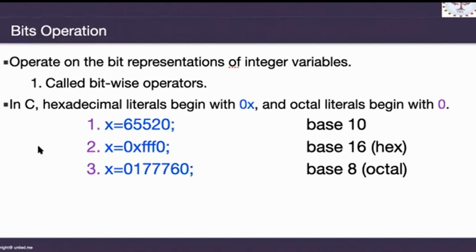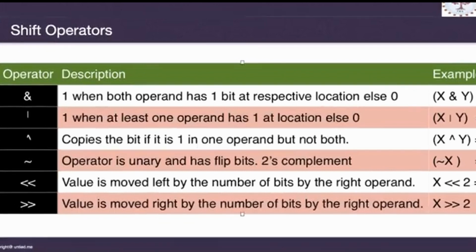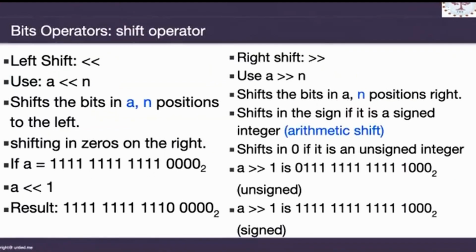So in bitwise operators, you have these operators. If you use double &&, then it will become the AND operation. If you use a single &, then it will become the bitwise AND operation. If you use this one, then it will be the OR operation, but it will be bitwise, meaning everything will be done bitwise. If you want to complement the number, then you can do complement. If you do this shift, it means that you are shifting the bits from one side to the next side. We will discuss these things in detail so that you can easily understand.